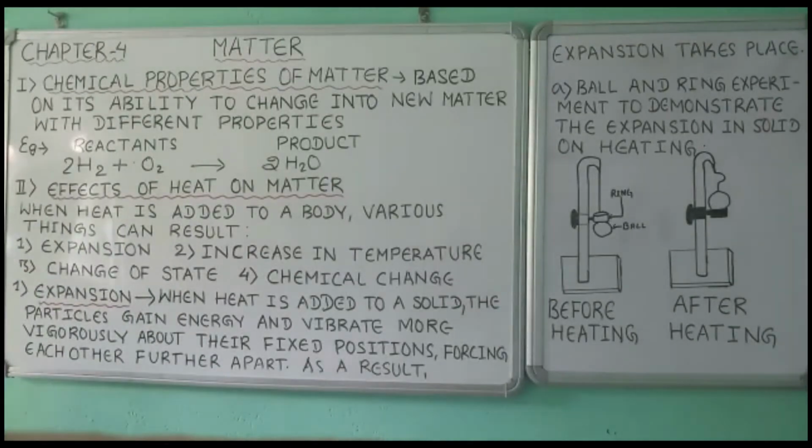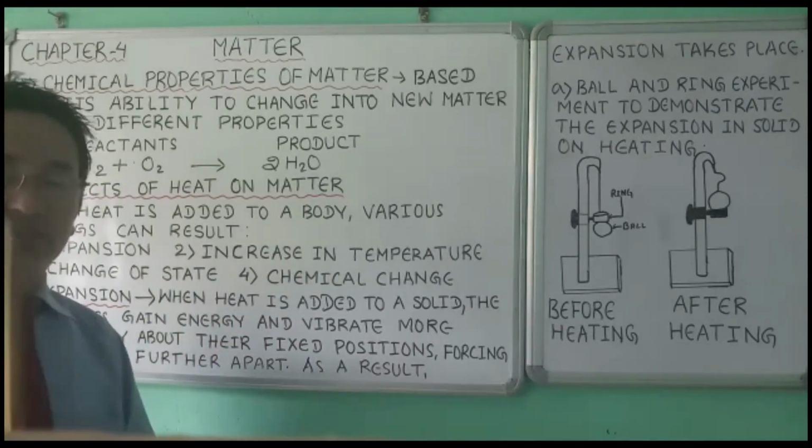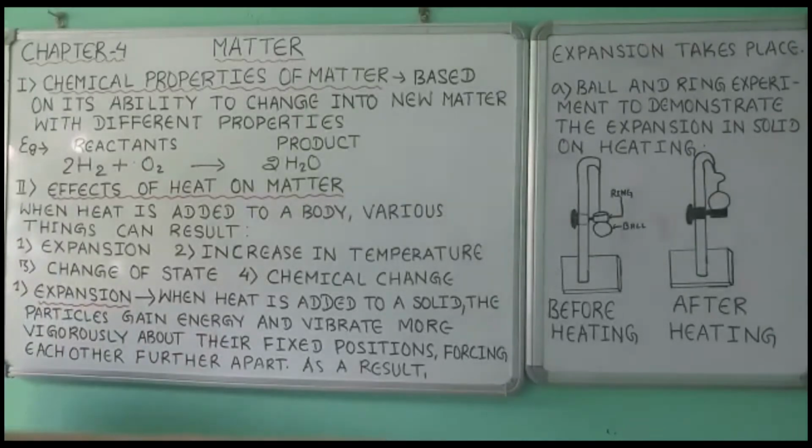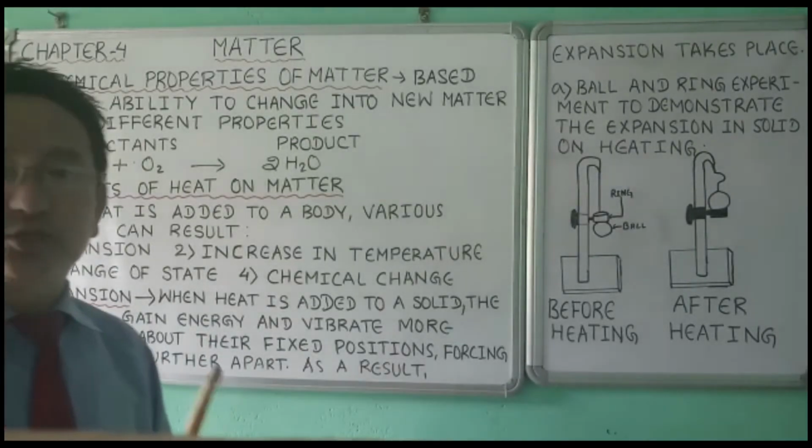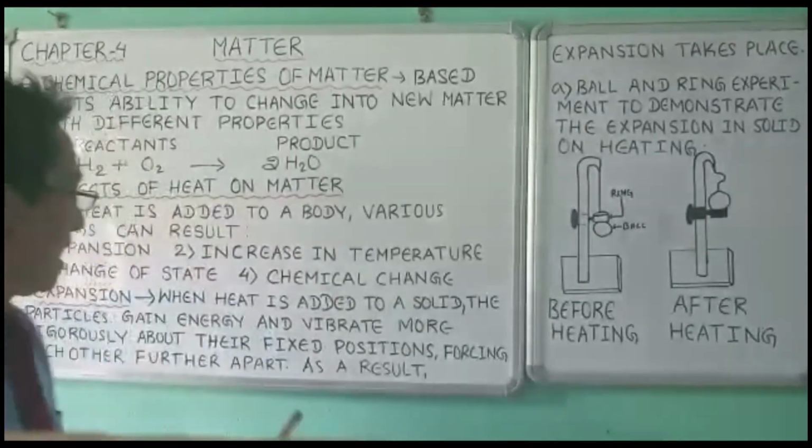Now next, effects of heat on matter. When heat is added to our body, various things can result, like expansion, increase in temperature, change of state, and chemical change. When heat is added or supplied to a body, various things may happen to the body, like number